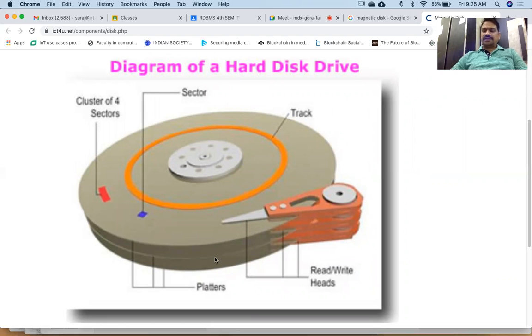And the magnetic disk is attached to a spindle, and it will rotate in a circular motion. In that motion we have different magnetic disks available, and one portion of the disk is called a platter. So we have two platters available to store the data. This is one platter, another platter is on the downside of it. Now one platter is divided into tracks. As you can see, one circular chunk